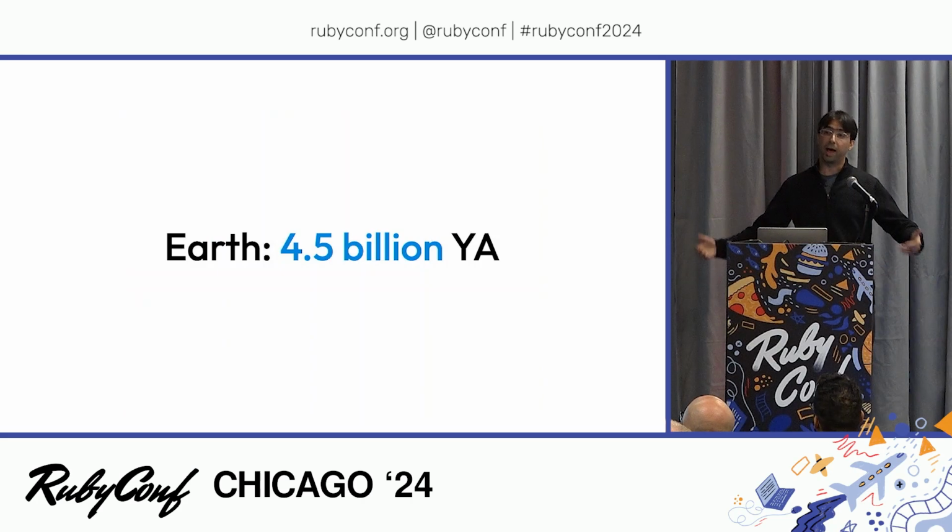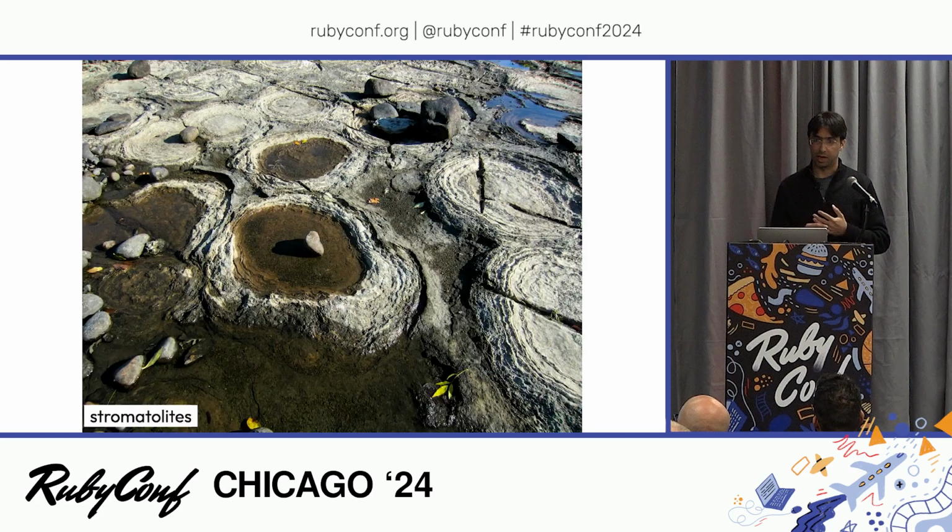What we can do is go back many billions of years and see what are the building blocks of life, and if there's anything that we can learn from that. So 4.5 billion years ago, there's no life on Earth as far as we know. The Earth is really hot, there's no oxygen in the atmosphere, the Earth is being bombarded by debris. Not a great place for life. It takes about 1 billion years, but then Earth cools down.